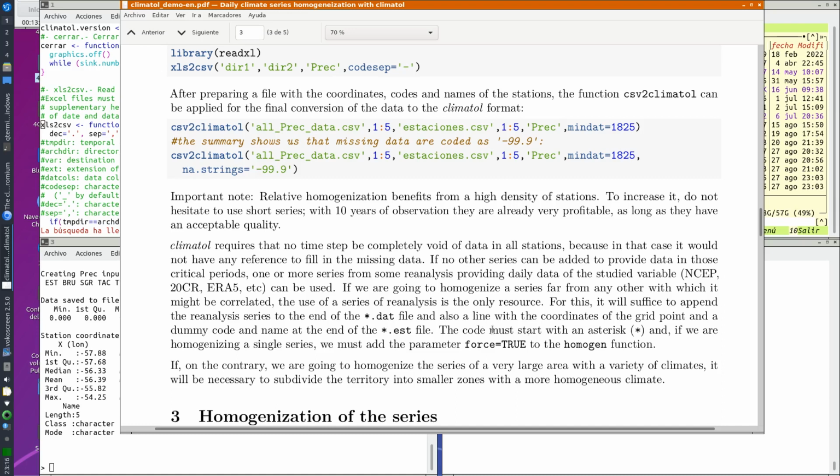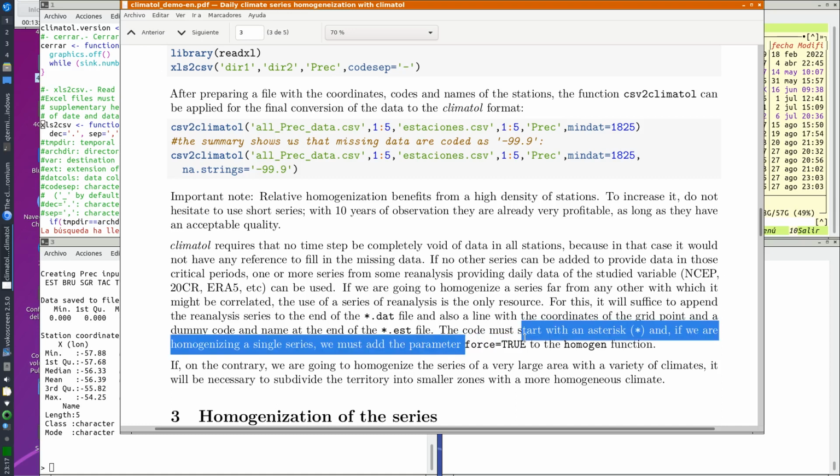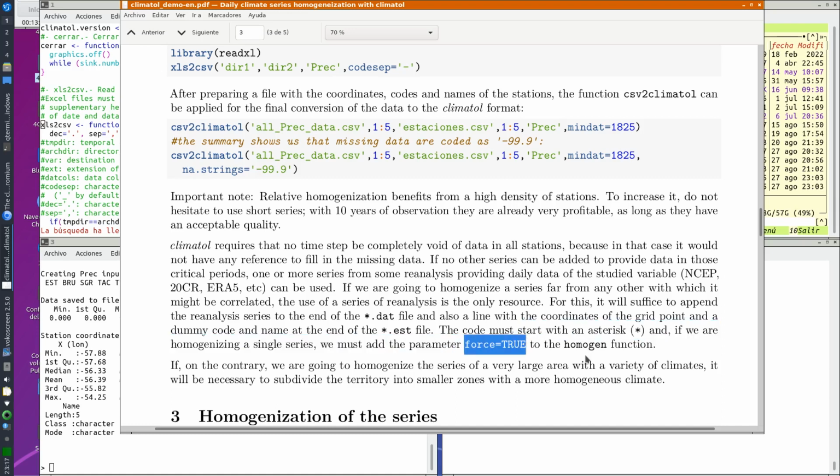The code in this case for the reanalysis series must start with an asterisk, and if we are homogenizing a single series, we must add the parameter force equal true to the homogen function,